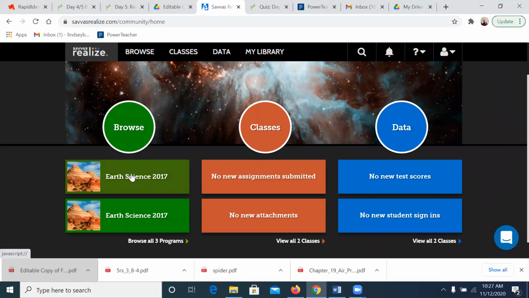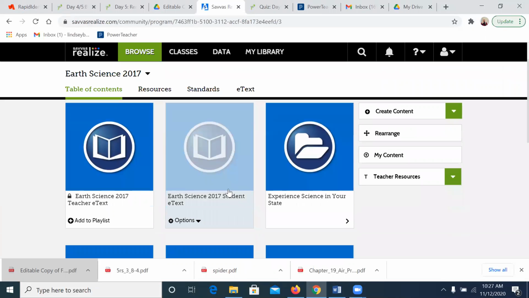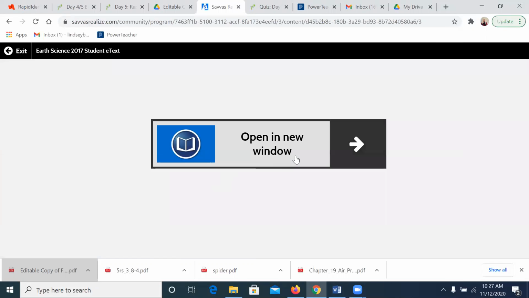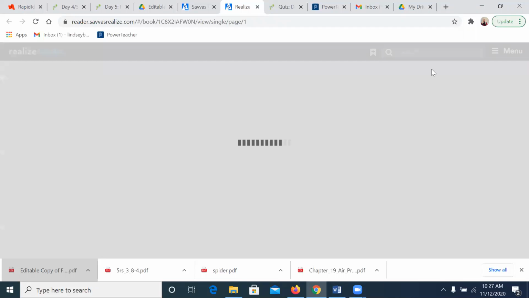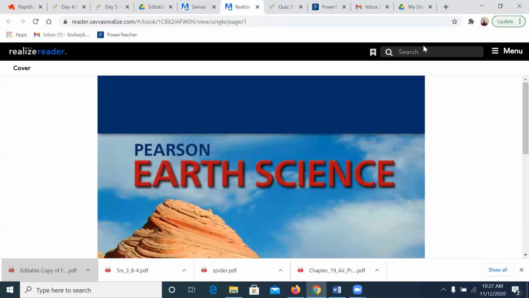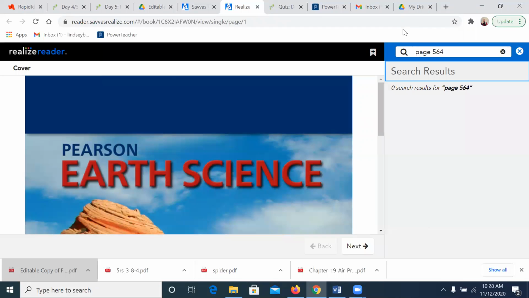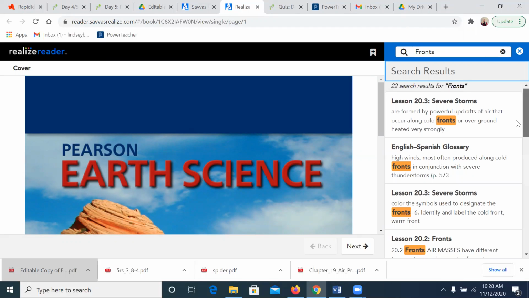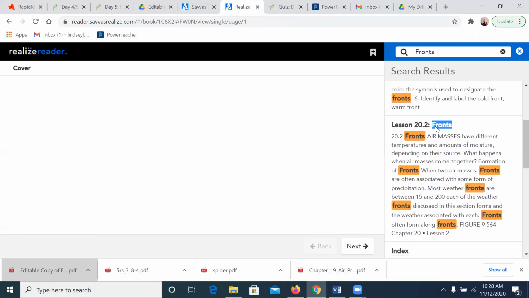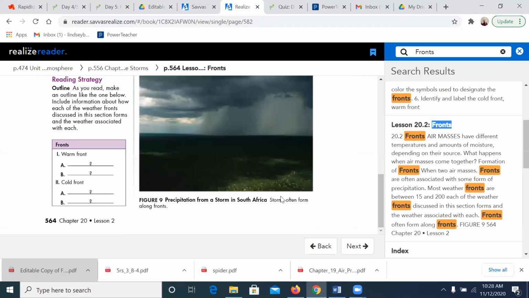You're going to want to go into Earth Science right there. You're going to go into your student textbook, open a new window. You can search for page number 564, or that's not working, so instead we're going to search fronts, and it's going to come up right here, lesson 20.2. You're going to read this page,